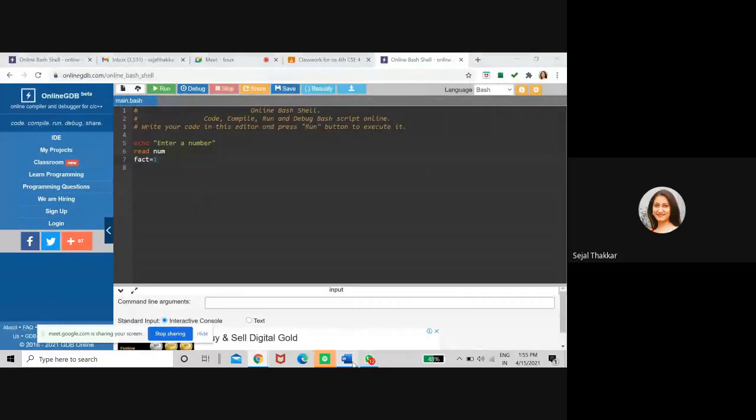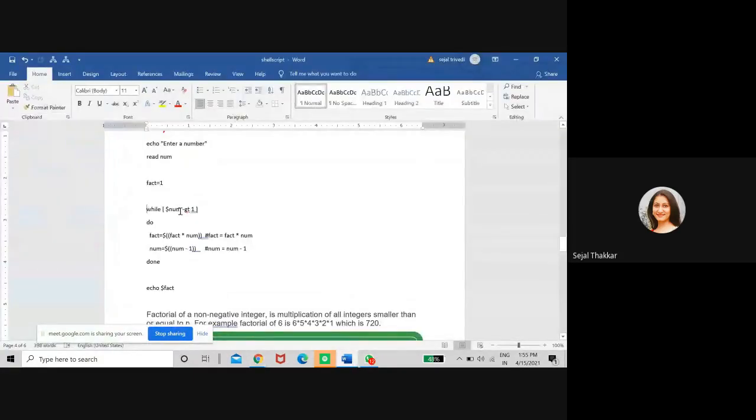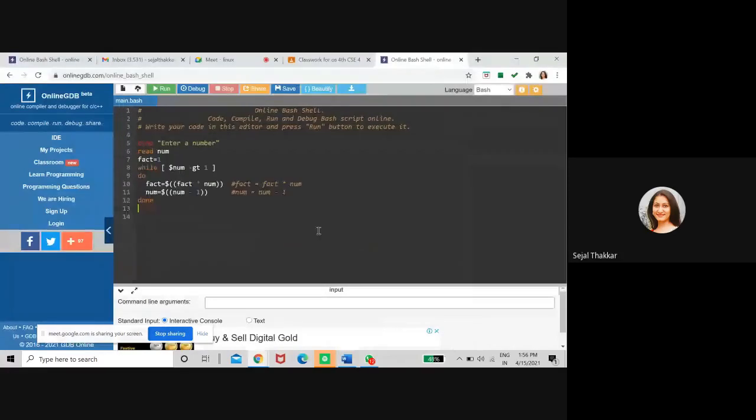Now we have taken a while loop. What are we doing in any loop? Variable declaration, condition checking, and increment or decrement. Here we have taken factorial is equal to 1, and while number is greater than 1, do factorial is equal to factorial multiplied by number, and number minus 1 it is going to count, right? Whatever I have written after the hash, that is only a comment line. So this is the while loop. You have to compute the factorial of that number while that number is greater than or equal to 1. So 1 number here you are decrementing, right?